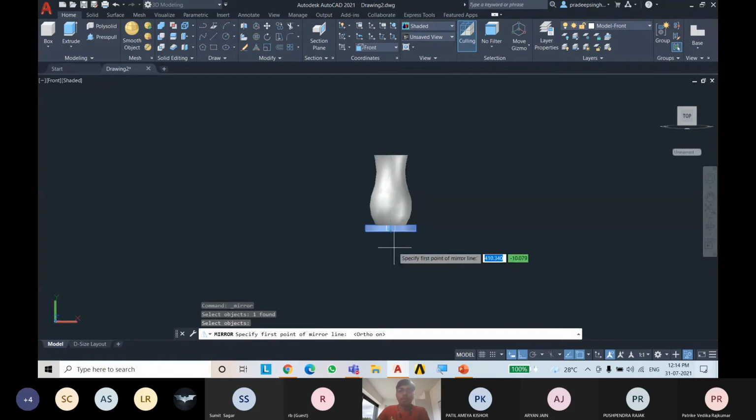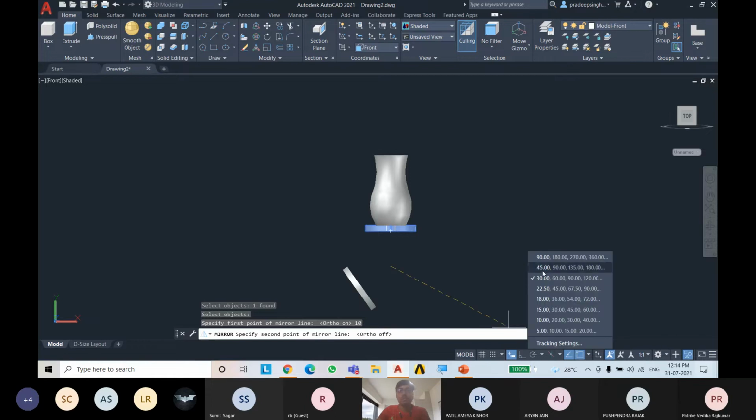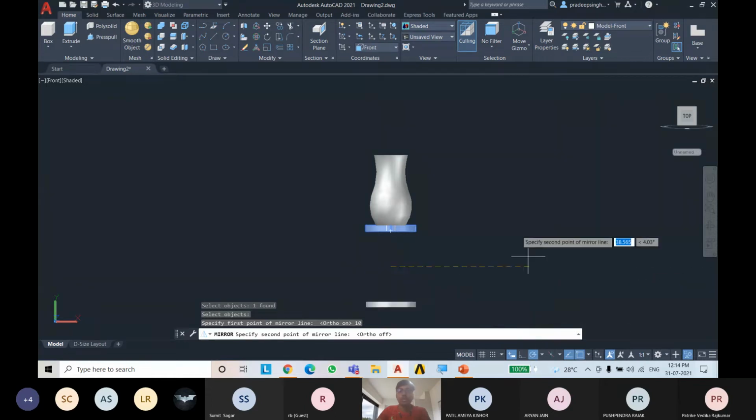Drag on this ortho mode. Drag this in the downward direction, just type 10. So it will take it 10 mm downwards. Then turn off this ortho mode and turn on this 45 angle. We want the mirror axis to be 45 to this. You can see that the second object is moving.